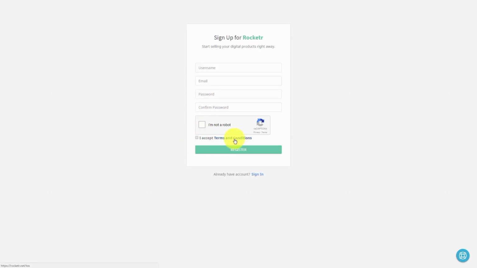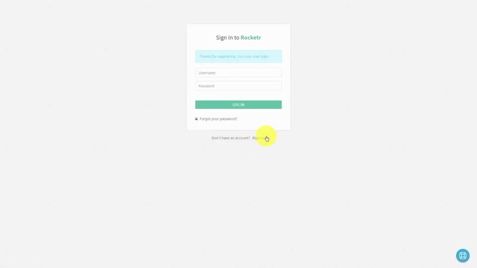Of course, make sure you read thoroughly the terms and conditions to make sure that they are what you would want them to be if you're going to be doing business on this platform. Once you've read the terms and conditions, you're going to click I am not a robot, and then you're going to click Register. Once you've done that, you are going to start the process by typing in your username and